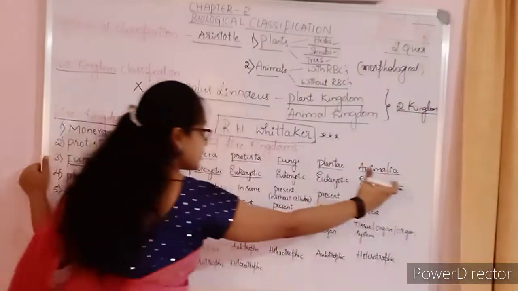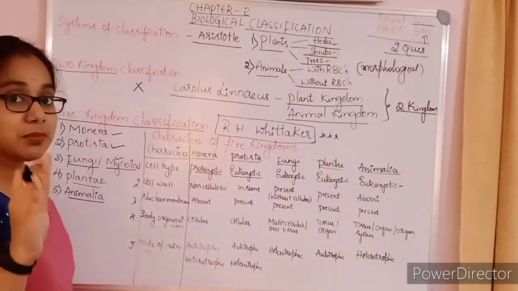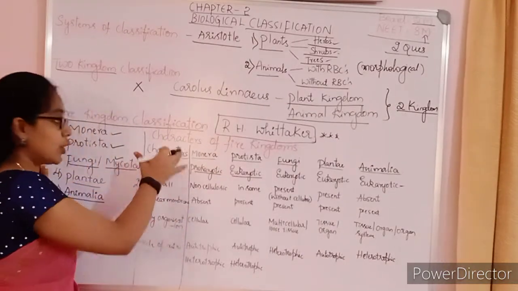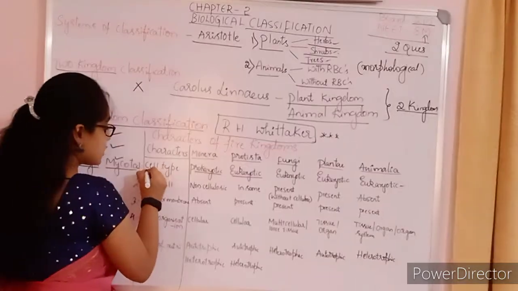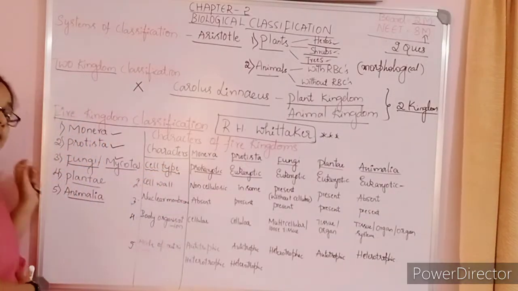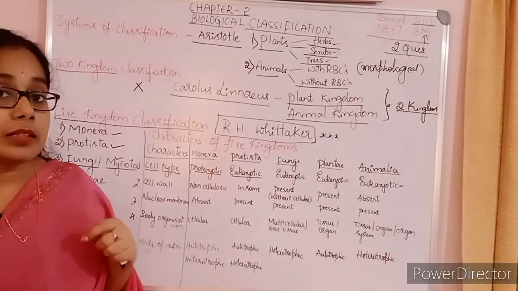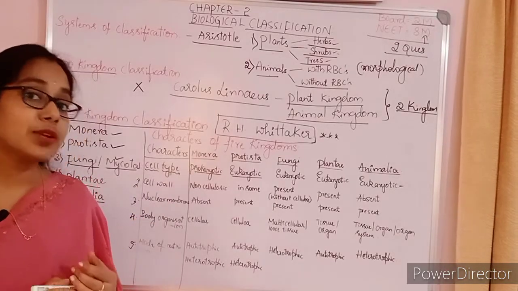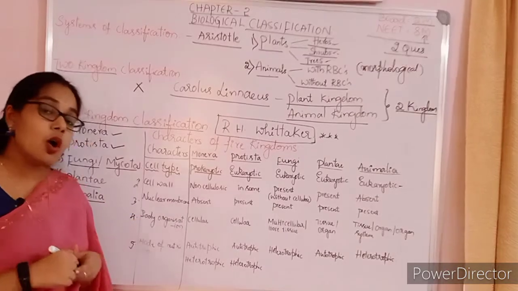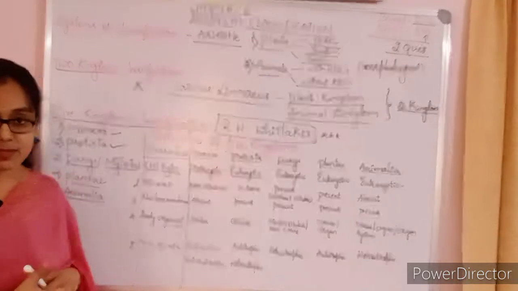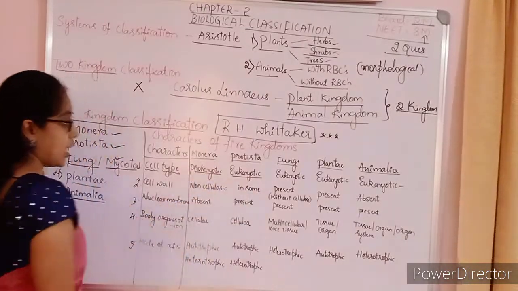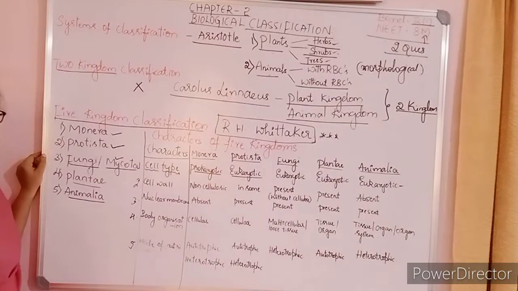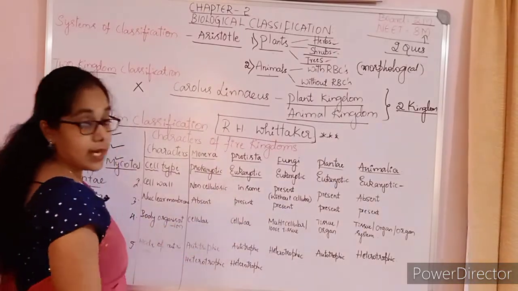So this is about cell type. How easily you can remember these points is very much important. See here, in the first column you are going to write the characters. The first character is cell type. As I told you, cell type will describe whether the organism is prokaryote or eukaryote. You know that prokaryotes involve all the primitive and lower organisms. Okay, so except Monera, the entire remaining kingdom consists of only eukaryotic organisms.